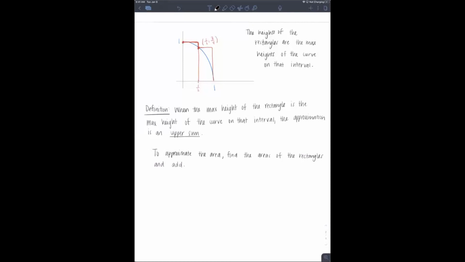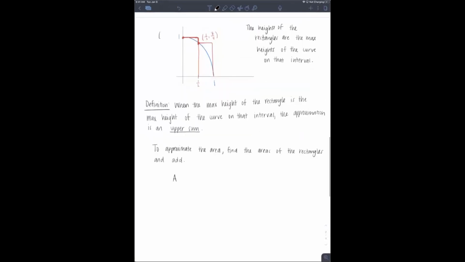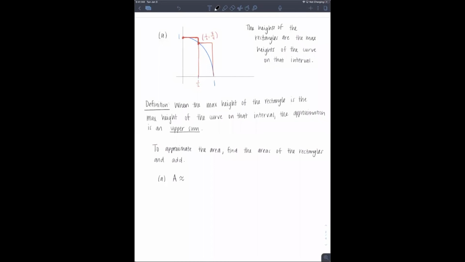Okay, but so here, for this picture, I'll call this picture A. Oh yeah, if my iPad dies, which I don't think it's going to, then we're just going to end class early. But so here, the area is going to approximately equal, so you should put the squiggly equal signs. And so here, what I'm getting is the area of the rectangle is just equal to the